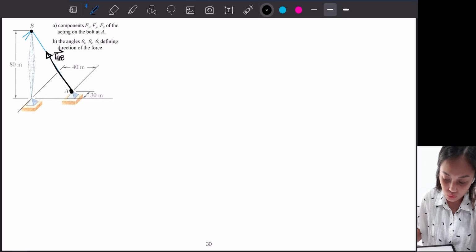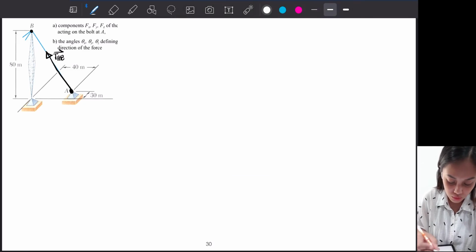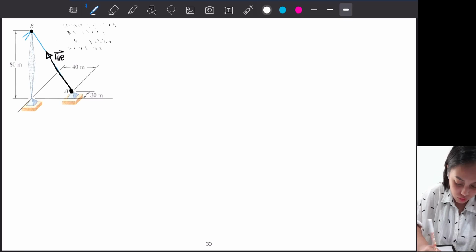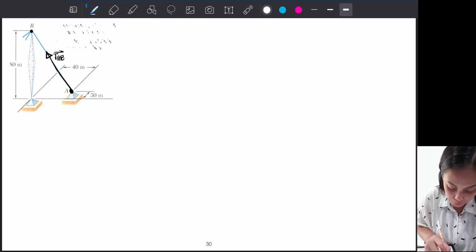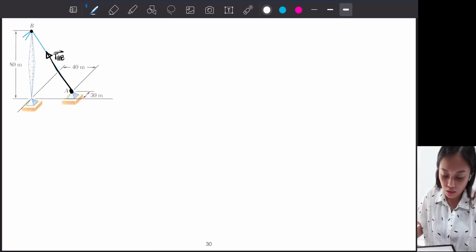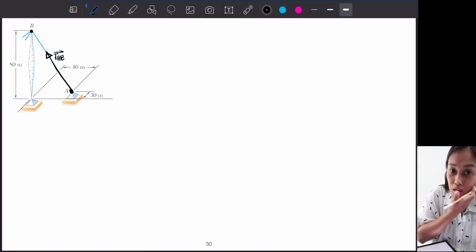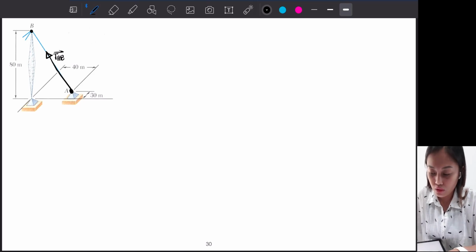Okay, so first this, so delete it so this is on. Okay, so tensile force AB. So what is the problem asking for? What are the components of the tensile force